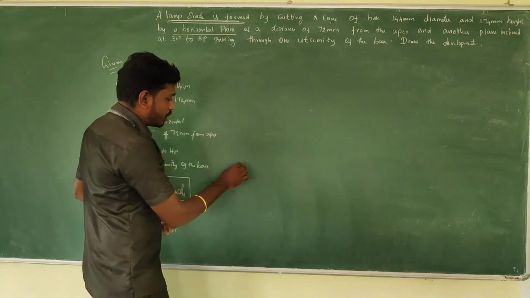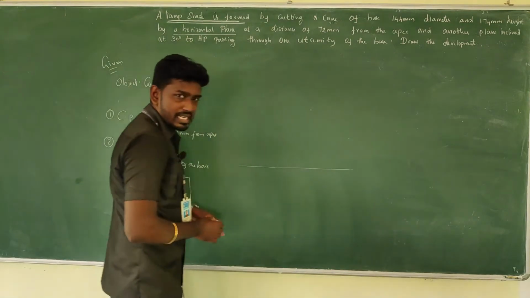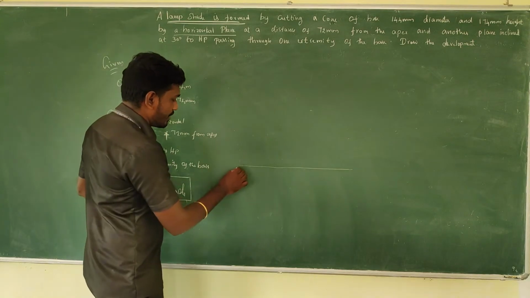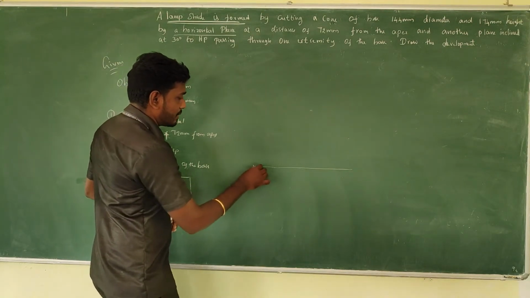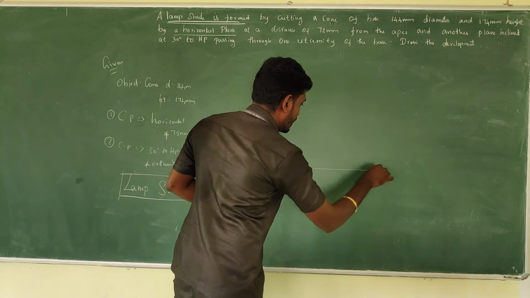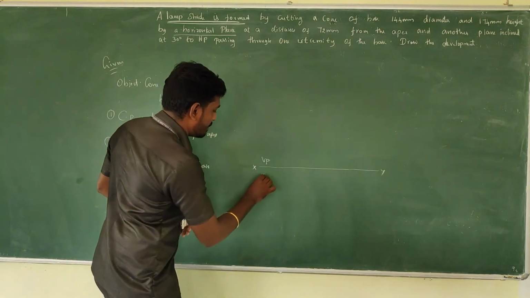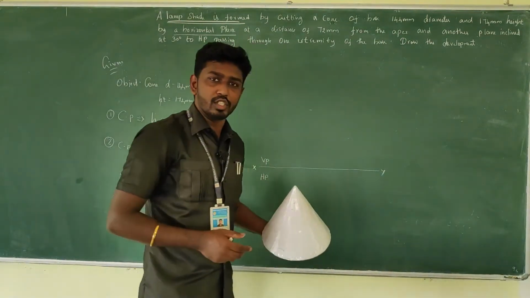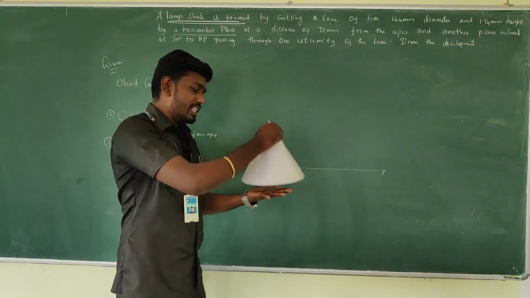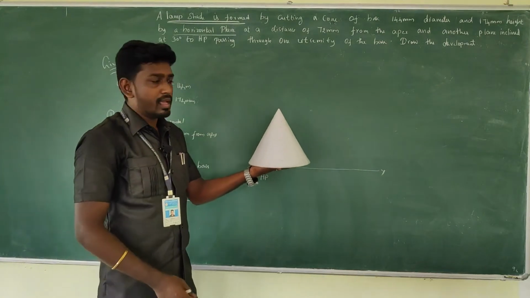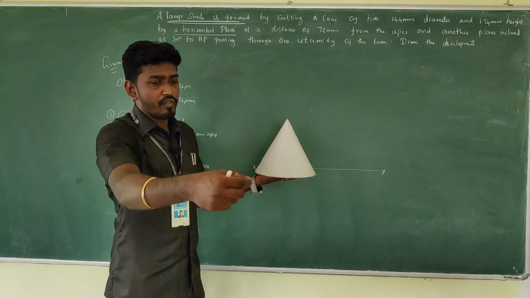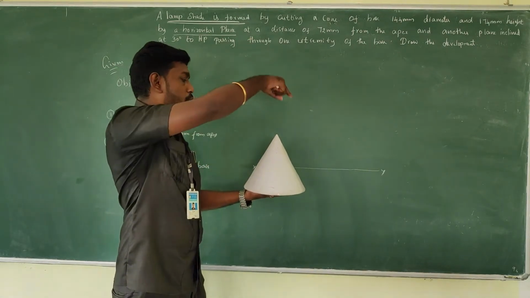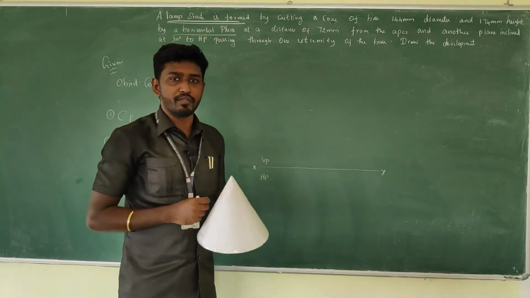Let us take it into the first quadrant, to get the simple position of top view and front view. I take the reference line XY, above it is VP and below it is HP. It's a cone. Always in the development we need to keep the base on HP. From the front view we can see the triangular face, that means the height of the object. In the top view we can see the true shape of the object.